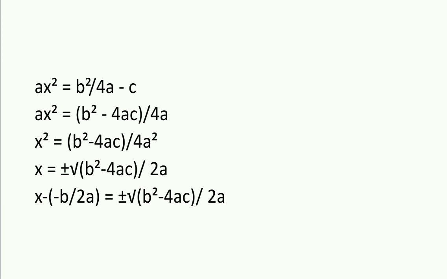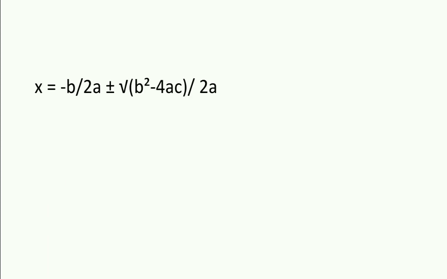So we get x minus negative of minus b by 2a equals plus or minus the square root of b squared minus 4ac, divided by 2a. So now by solving for x, we get x equals minus b plus or minus the square root of b squared minus 4ac, divided by 2a, which is actually the quadratic formula we know. So that's how we derived that formula through calculus. And if you noticed, we also derived the method of completing the square.